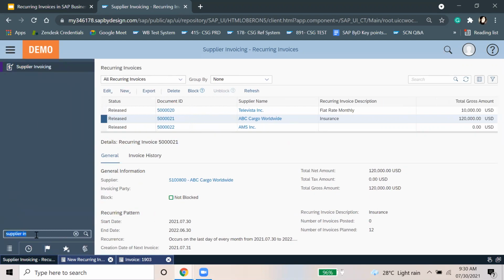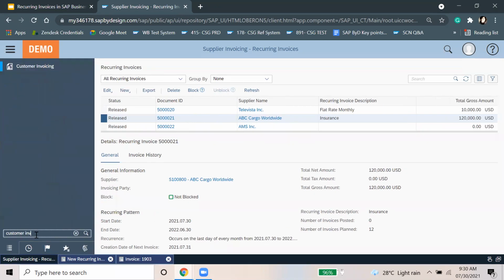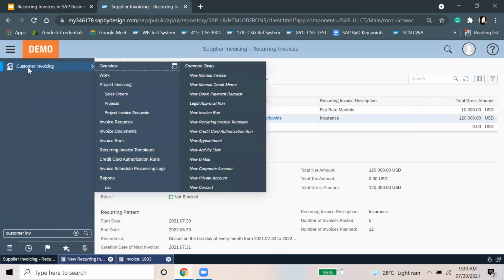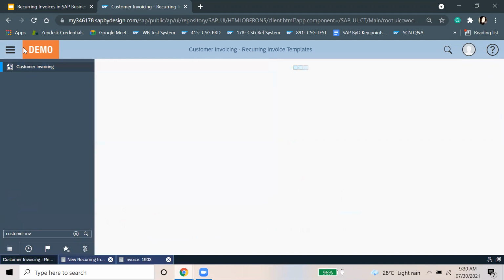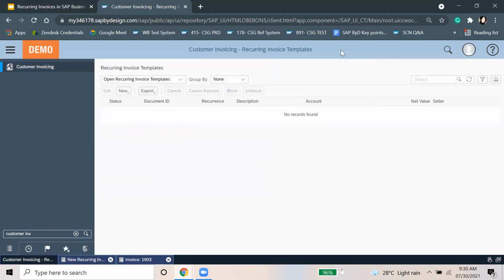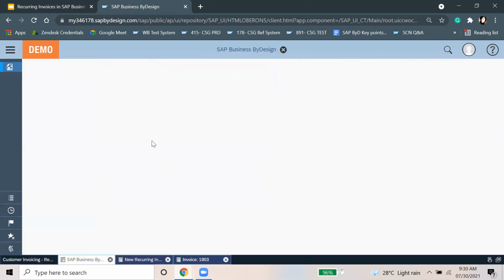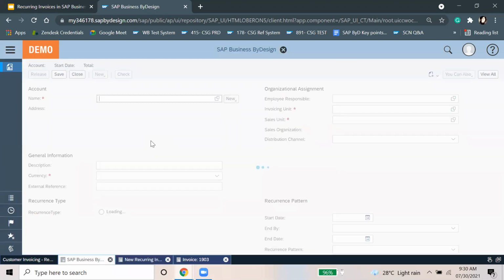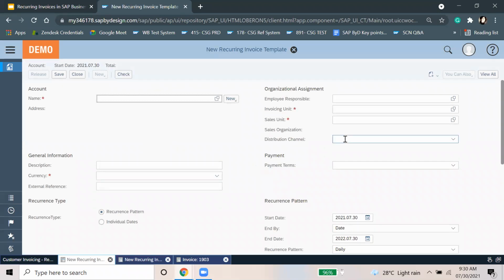However, the invoices should be issued automatically and regularly. So do we have a similar function here? We have this recurring invoice template for customer invoicing, but I cannot see the run for the same.